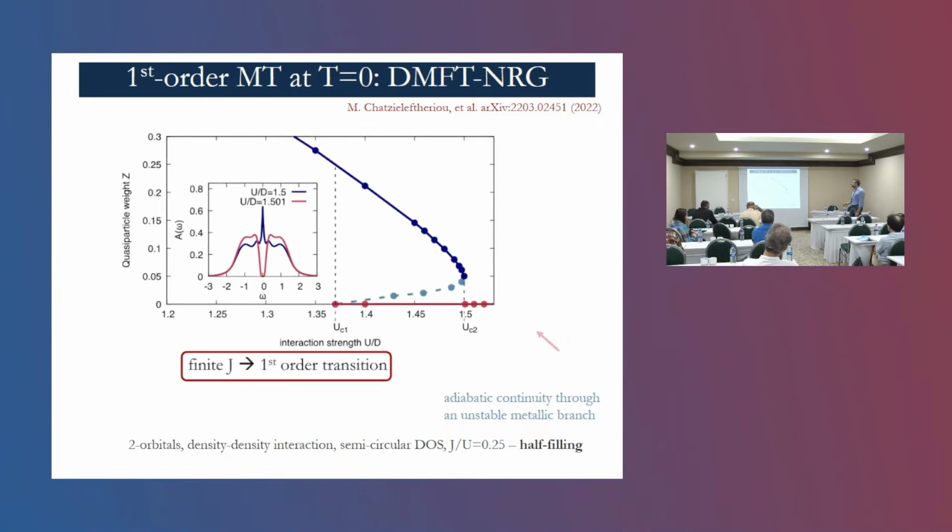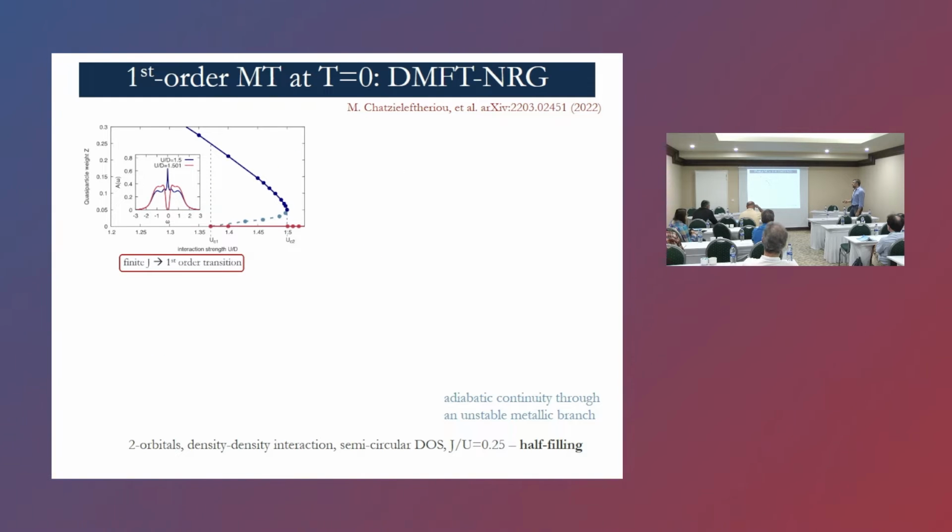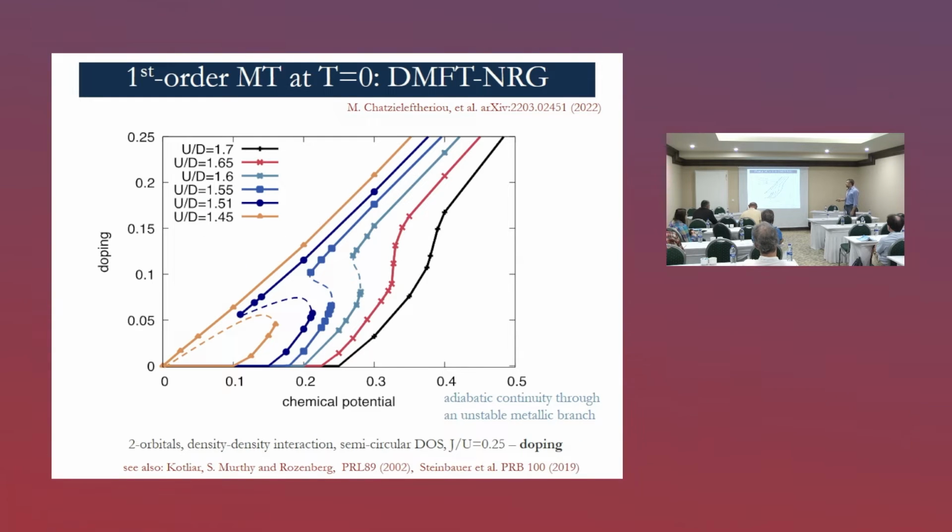Now, what happens when we go to the doped phase? Well, if we start from a value of the interaction strength in this coexistence range, where at half filling you have both metal and insulator, the metallic solution will be doped immediately as soon as you move the chemical potential away from the particle-hole symmetric chemical potential that we were using for the half-filled case, whereas the insulator will remain undoped, and only after the chemical potential has reached the Mott gap will it eventually be doped.